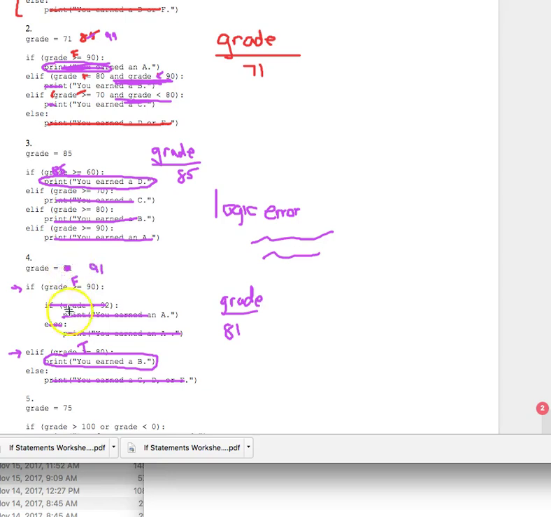In that case, using the color red, I'll play this through. That would be a false, no, that would be a true, I'm sorry. And then if you can still see here, 91 is not greater than 92. So that would be false, which means you ignore that and you would go to else. And because it's else, that means you would circle this no matter what. And it would say you earned an A, which makes sense. 91's an A. If I did this with 93 and yet another color,